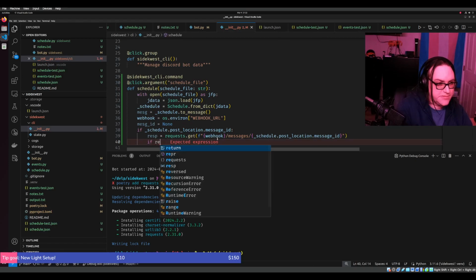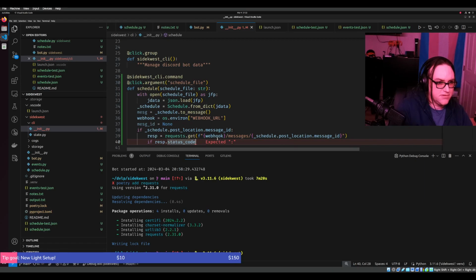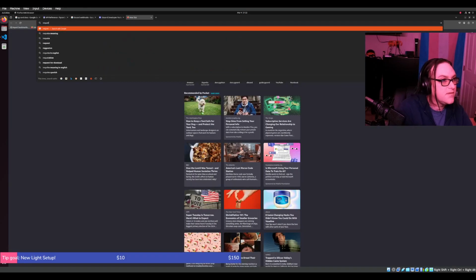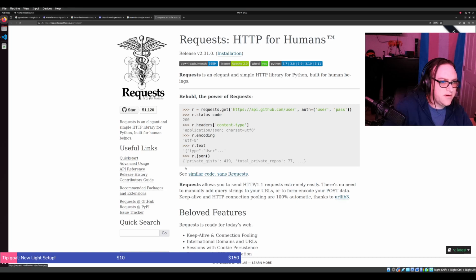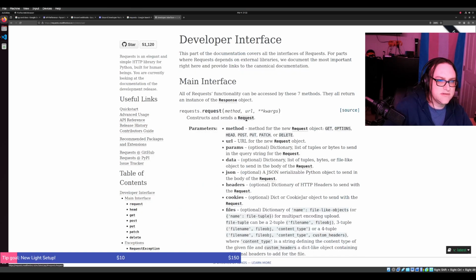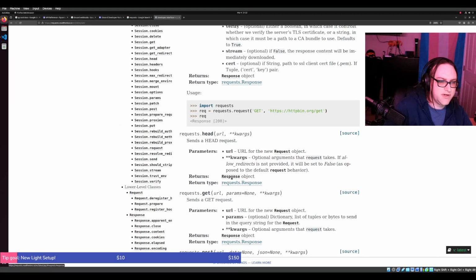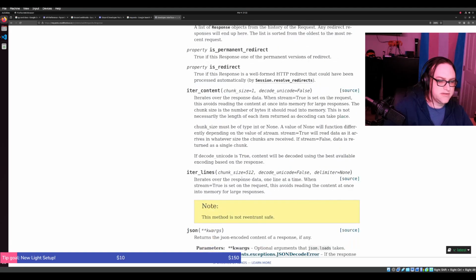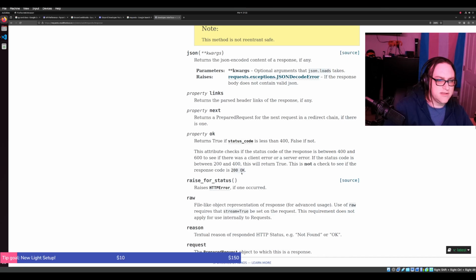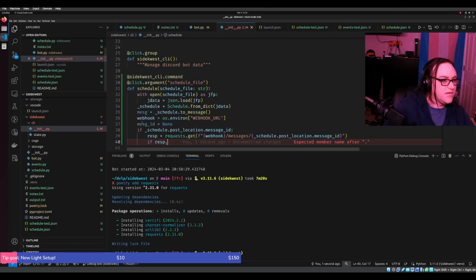If resp.status code equals... let's look at requests, the requests API. API reference, construction sends a request, response object, that's what I want. Close is fine. Should not be called explicitly. Is redirect, iter lines, not reentrant. Links, next, okay. Oh, here we go. This is what I'm interested in. If resp.ok